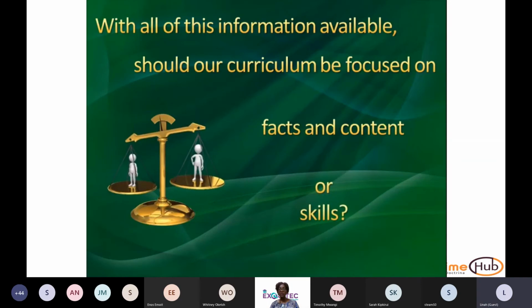Should our curriculum be focused on facts and content or skills? Unlike when we were in school then, the only time we could get information concerning a particular topic is when our teacher comes to class and gives us notes. But now things have changed, and we can get this information on this content, on these facts. So right now, what we need to be adding to this, I will use the word adding,